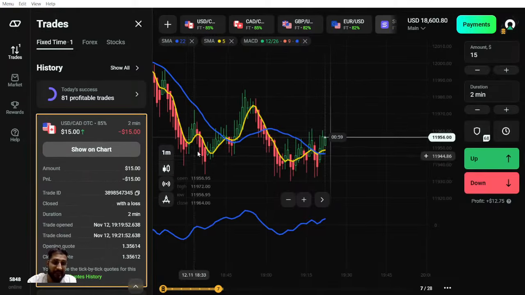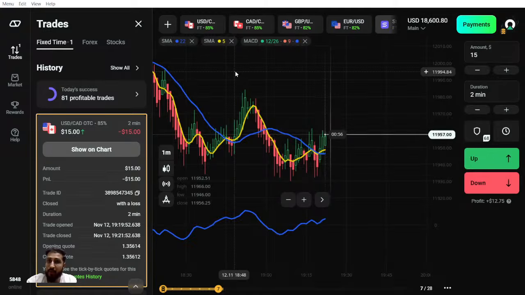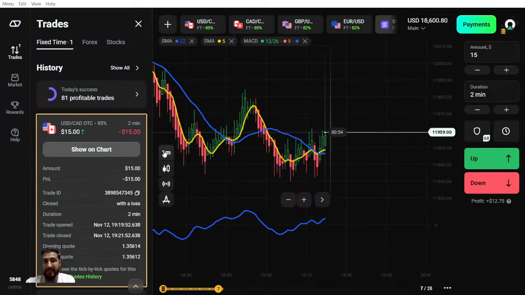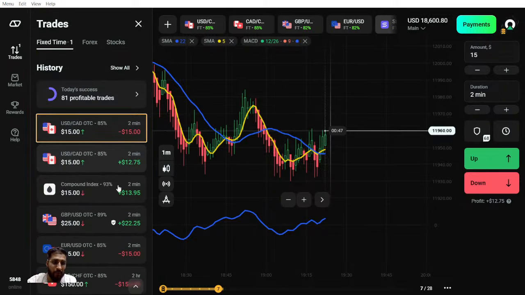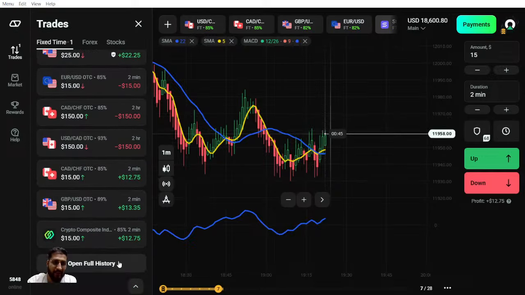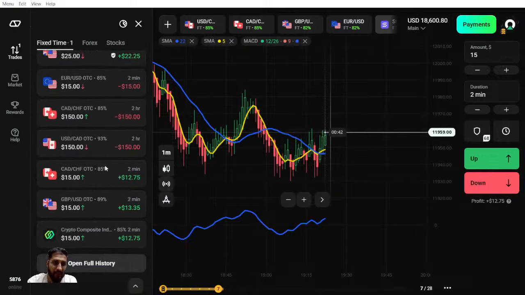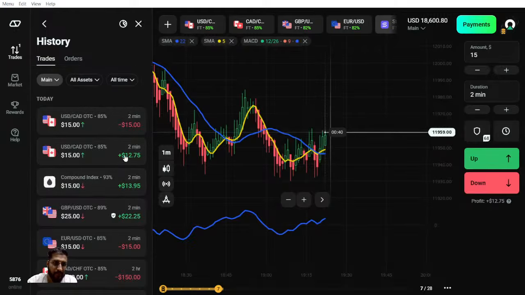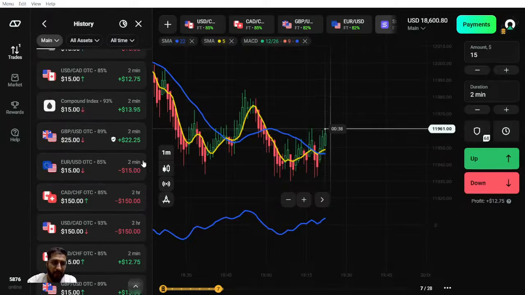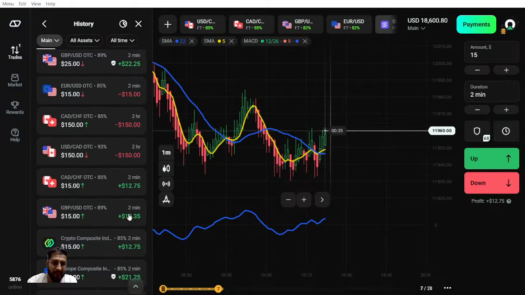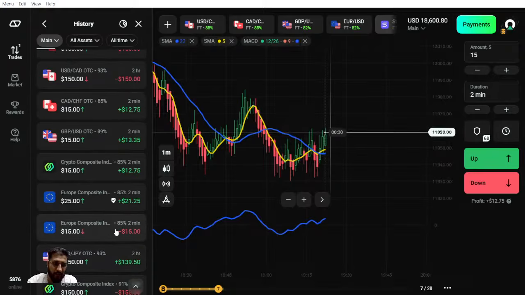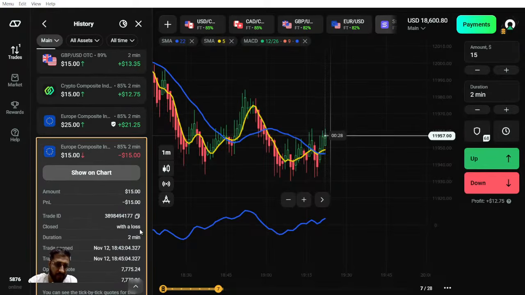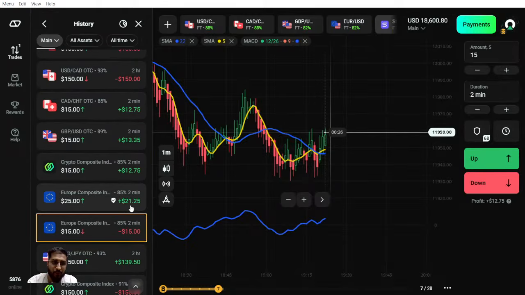I was thinking that this trade might have gone negative. The reason is, when I was talking about the gold forex trade, at that time I changed the chart time frame to 1 hour, and I took that trade in a hurry, so that trade went negative. No worries. So far, how many trades have we taken today? Let me see: 1, 2, 3, 4, 5, 6, 7, 8, 9, 10. Okay, so 10 trades we have taken so far with this strategy.